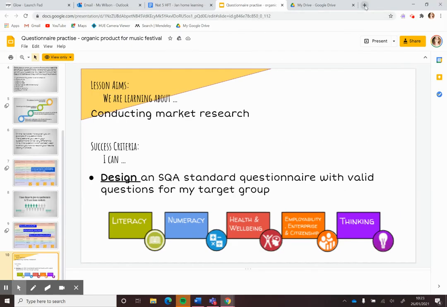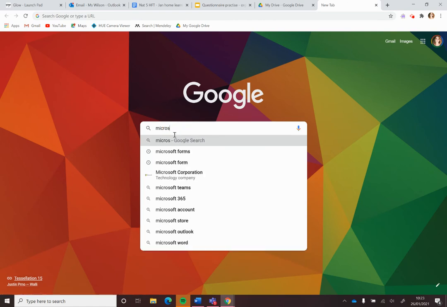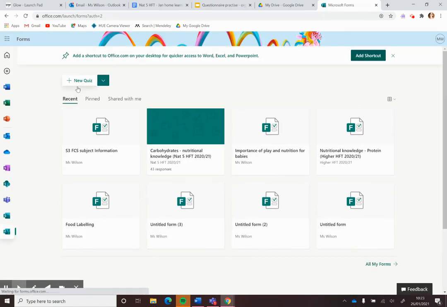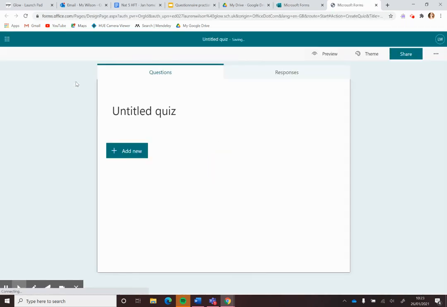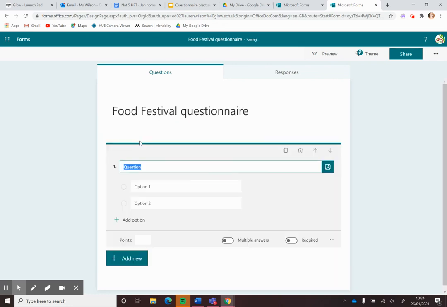We are then going to go into our Microsoft Form, and you can create your own here. Once you've come up with your questions, you just click New Quiz. And here you put the name of your quiz, which would likely be Food Festival Questionnaire. Then you can very easily add new, and if you click choice, you're able to type in your question and add options. So, what is your fave